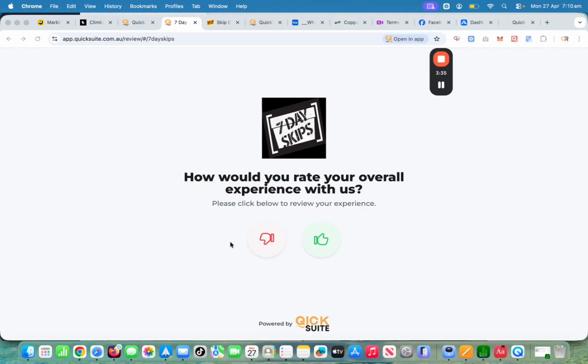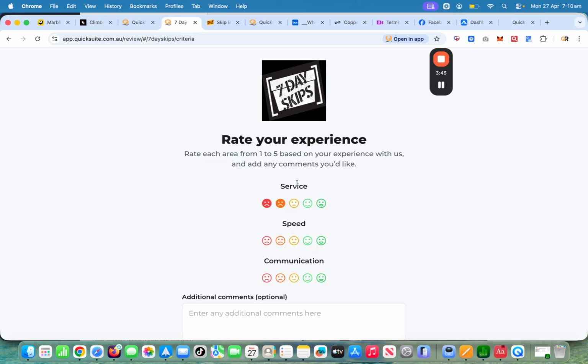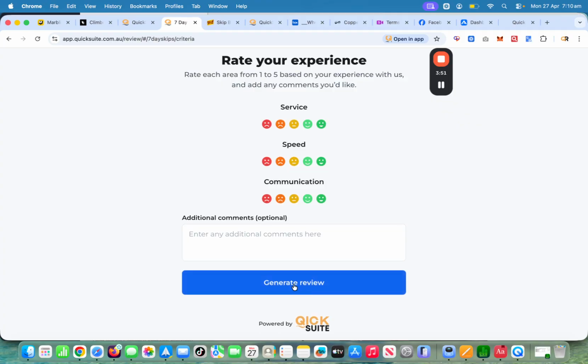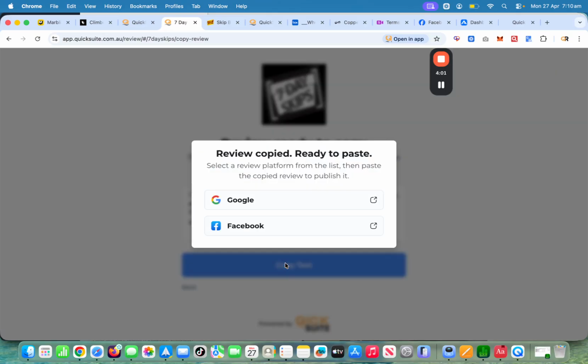So you'll see what happens here. You come to your landing page, it's a thumbs up, and then where do you want to go? Google, Facebook, or if you're not sure what to write, your clients can click this and give you a rating. Let's say they do a rating here, slide down and go generate the review. Now the AI will write that review, putting in all the keywords, and service and prompt service, things like that. They can copy the text and go, now I want to go to Google,